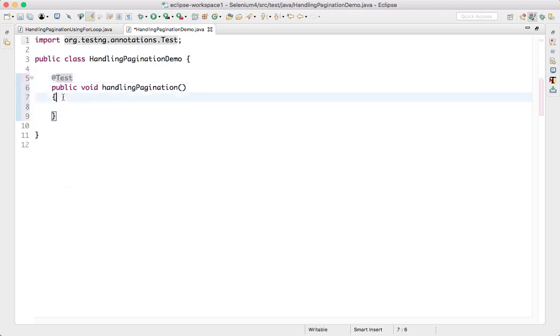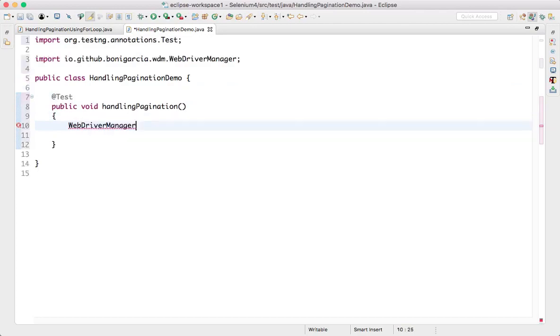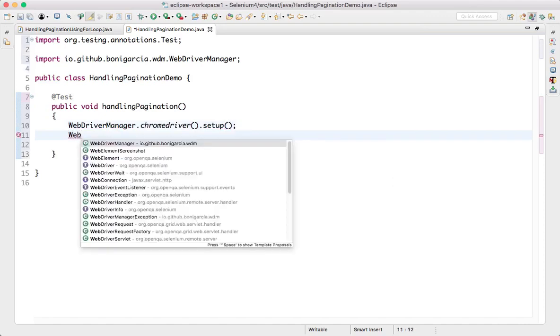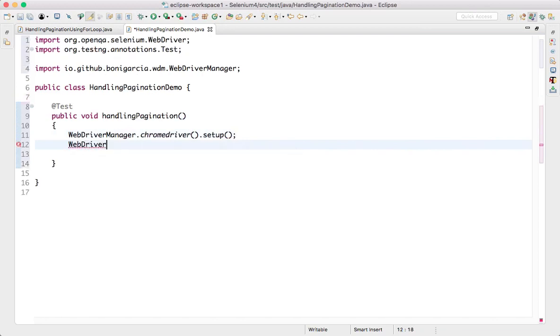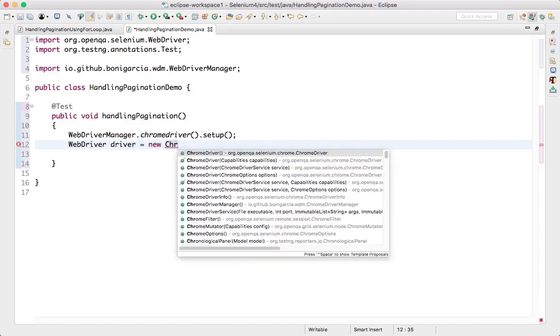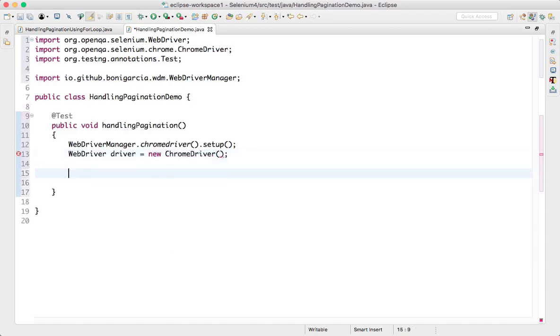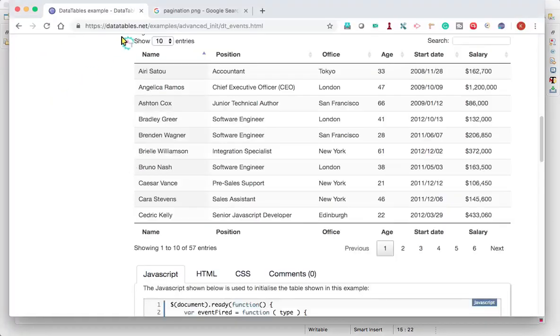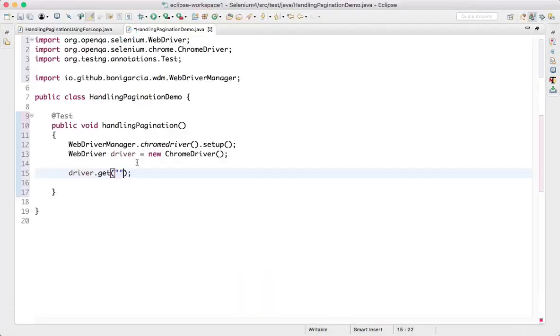Inside this, I'll use WebDriverManager.chromedriver().setup() to launch the Chrome browser. WebDriver driver equals new ChromeDriver, and then driver.get. I'll go to this particular URL and capture it.